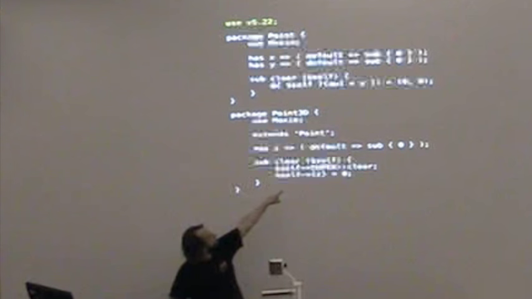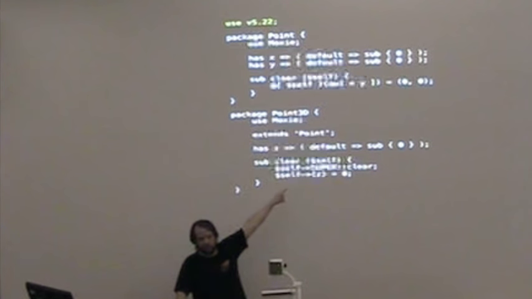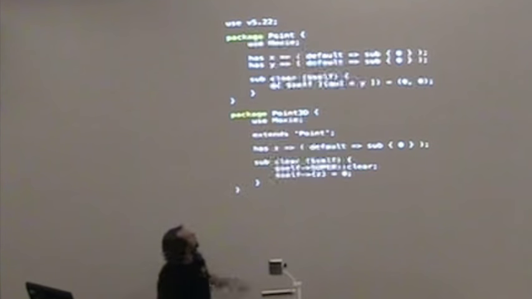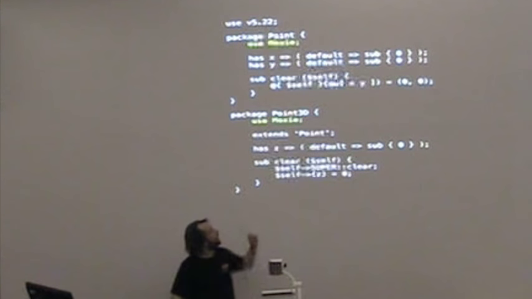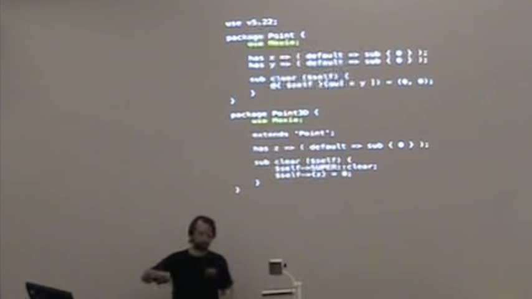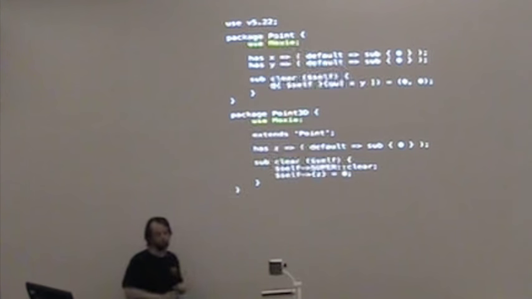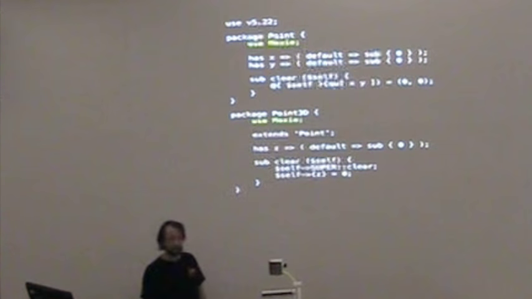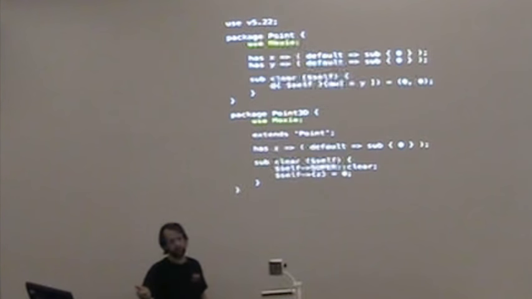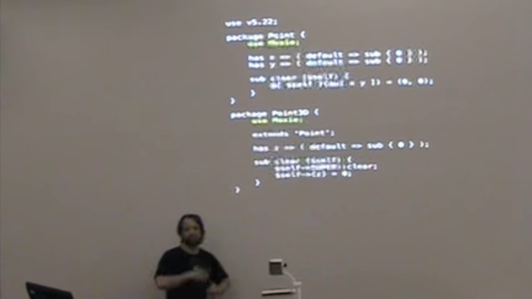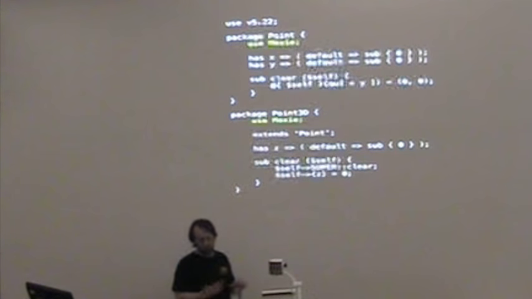5.22 is simply because subroutine signatures, if you want to use them, you can have them there. Packages are still packages, are still classes, are still whatever. This use Moxie is my sort of temporary name for what this would be, but again, like I said, this is a Moose replacement, so you do need to import this in there. But what this will do is things like it'll actually turn on subroutine signatures. It'll turn on postfix deref, which is a personal favorite of mine. I know it's very controversial. It'll turn on strict, it'll turn on warnings. It'll do a lot of that stuff. So that boilerplate that you would normally have at the top of your class would be taken care of.